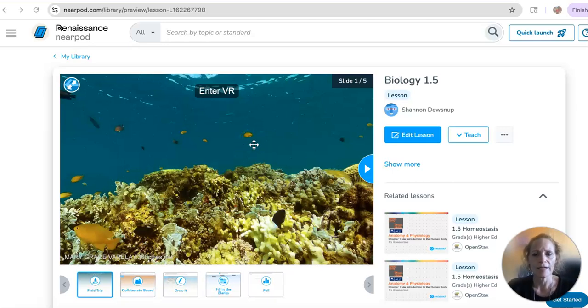So this activity is designed in teaching Biology Standard 1.5, and this activity is done after a class discussion defining the difference between criteria and constraints. And it's using Nearpod. And the first thing that the students will see in this is there's a 3D, well, it's a VR field trip of a coral reef that the student can enter in, look around,